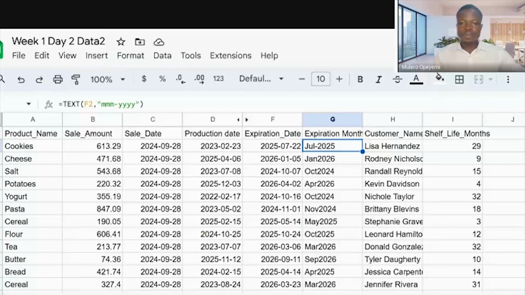So now, the next thing I want to do is, I have the expiration dates, and I also have the production date already. I want to find out how many days this product has to get expired. We call it the remaining shelf life. Remaining shelf life is all about the number of days remaining for that particular product to be tagged as expired. Now, how do we go about that? All I need to do is, I know today's date. If I subtract today's date from the date of expiration, that should give me the number of days remaining to expiration.